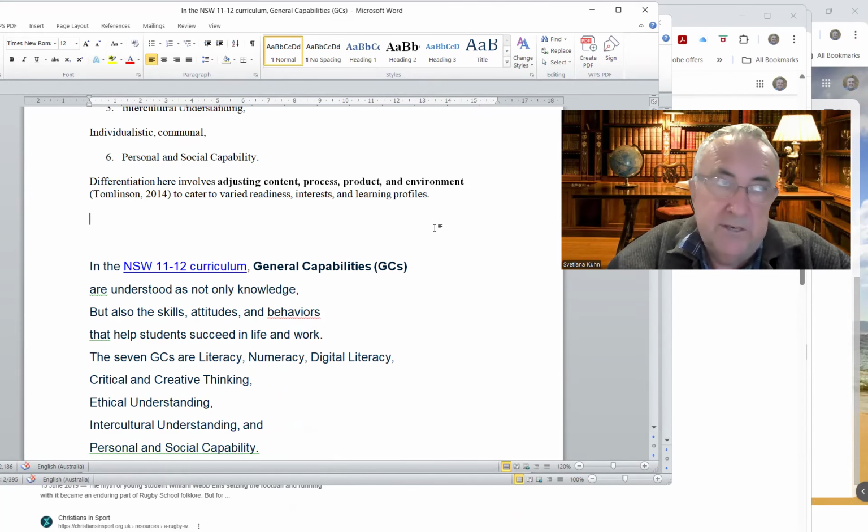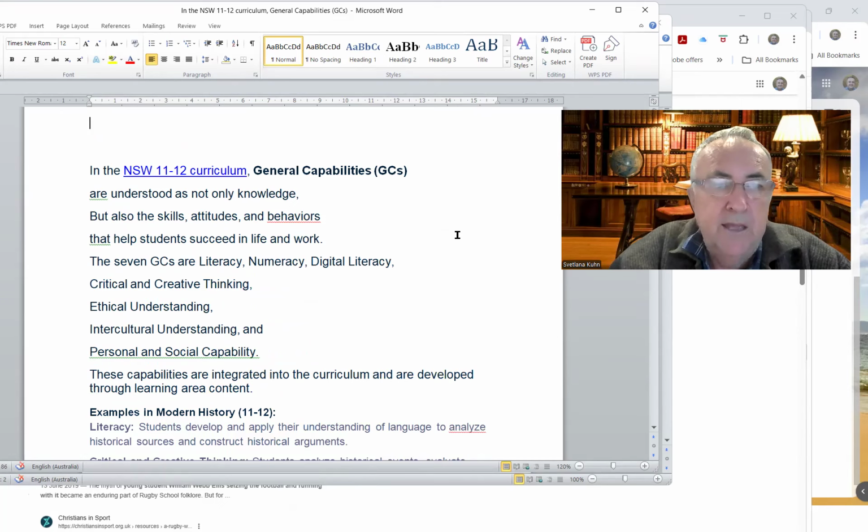And we have to be careful not to take a negative attitude towards those who are struggling with the ability, but to work with them where they're at. Take note that in these lesson plans, you need to consider the general capabilities, of which the most obvious is